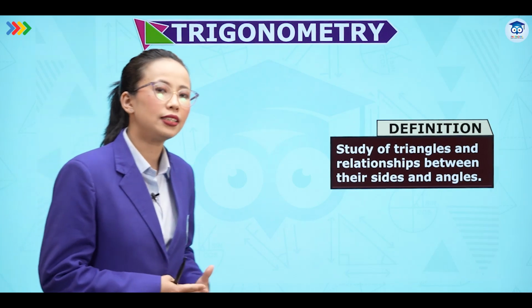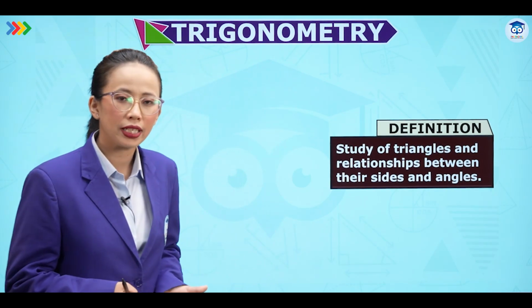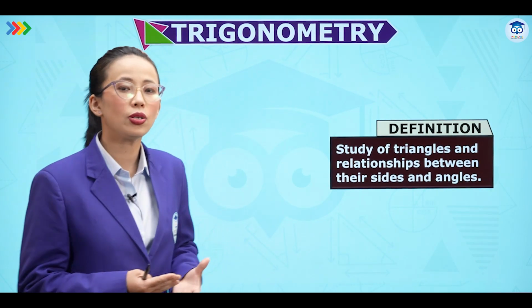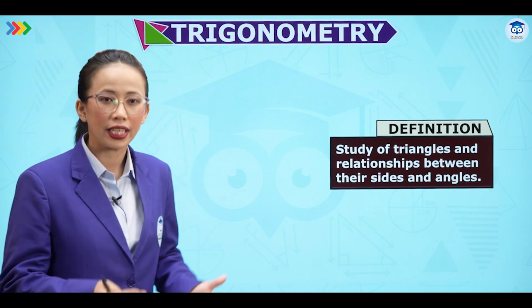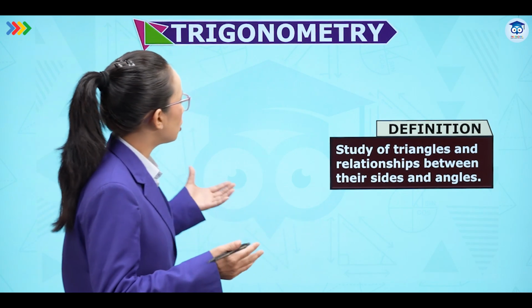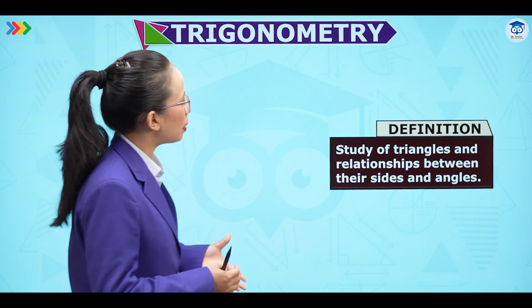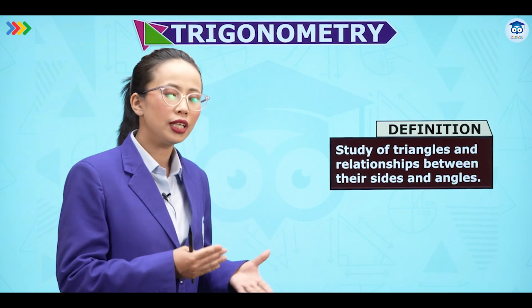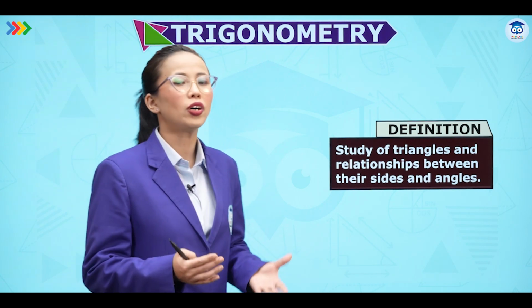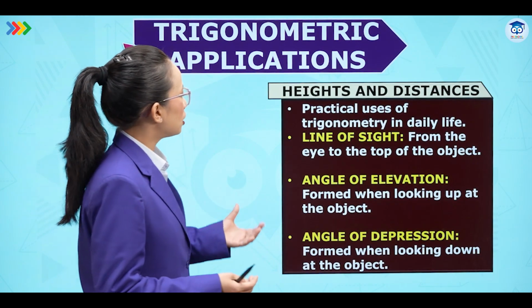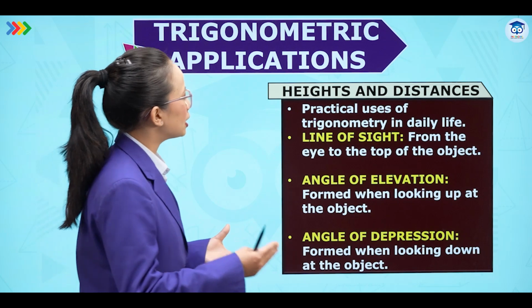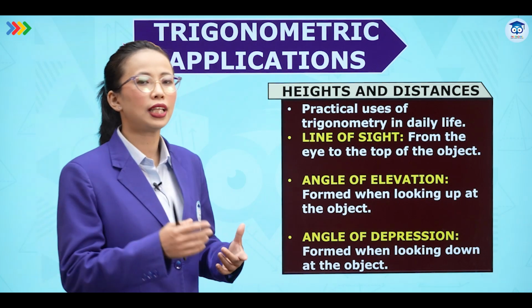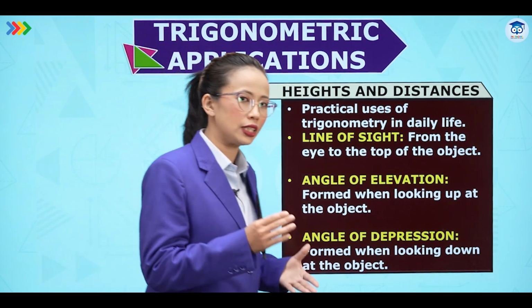So we know that trigonometry is a branch of mathematics which deals with the study of sides and angles of a triangle. This chapter will help us to study triangles and the relationship between their side measures and angle measures. For this we require some terms, that is height and distance. For that we need the line of sight.